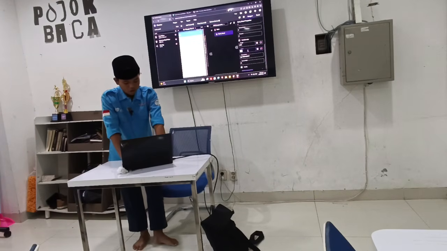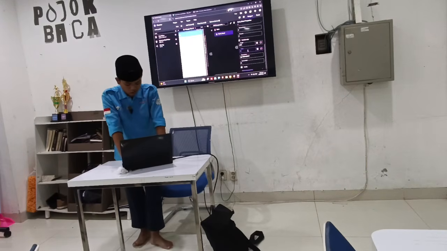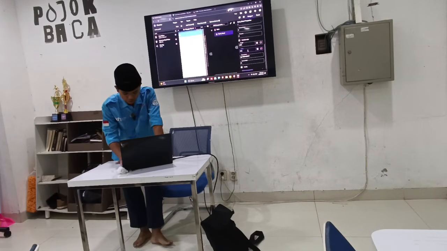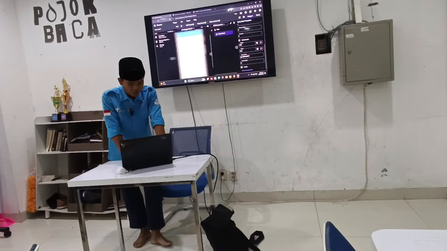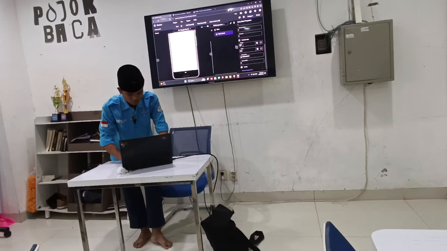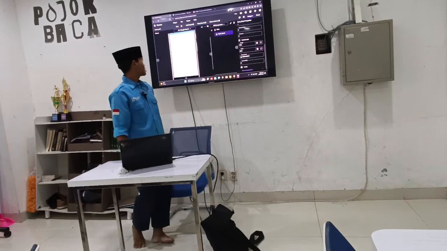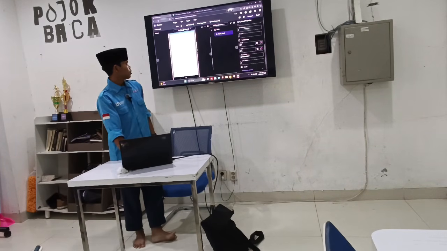Or if you want it bigger or wider, just change it to 70, it depends on you. After this, as you can see, the card view becomes bigger.